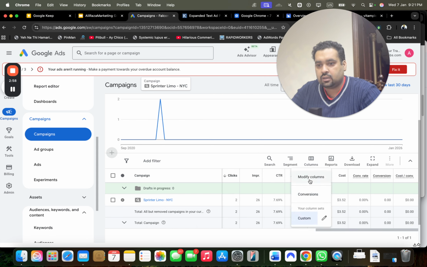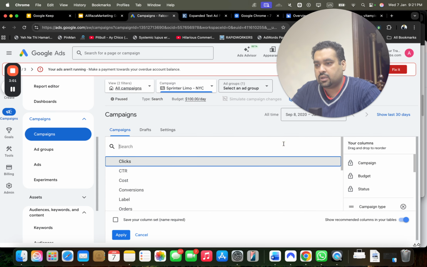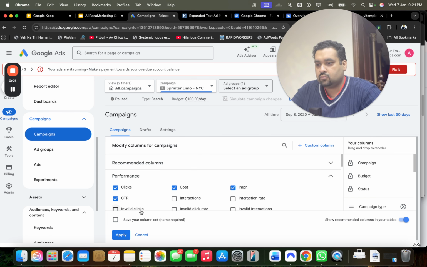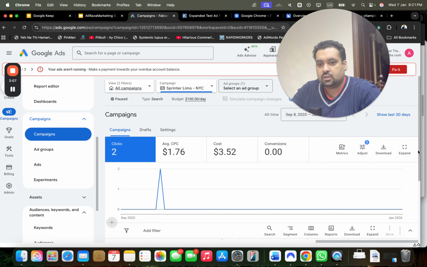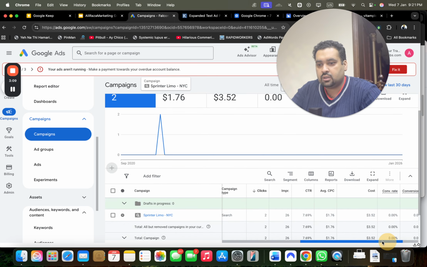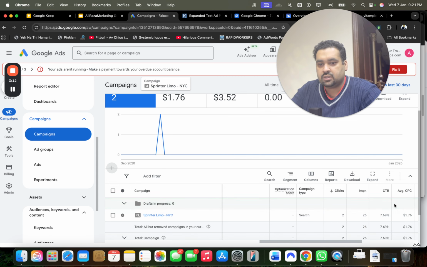I added the CTR, but why is it not showing? It's applied, and now you can see the CTR. This is your average click through rate.